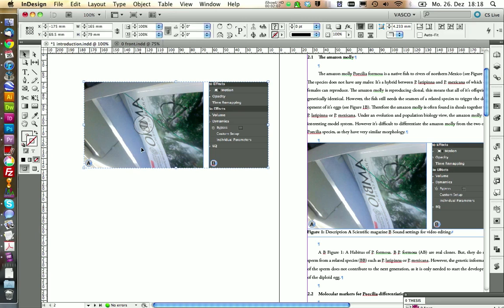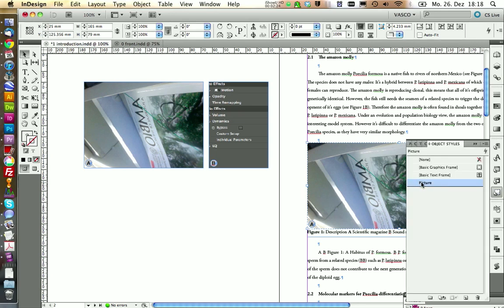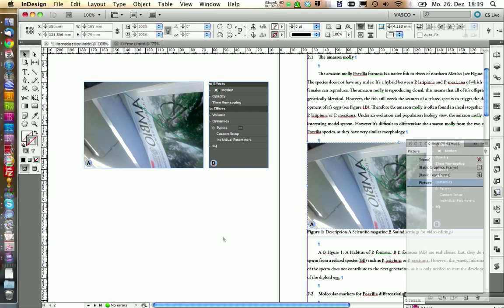Also, you can ungroup this one. And now you could do changes in here, just keep it hanging around on your pasteboard. And if you want to make changes and you have done changes, you can just group this one again, delete this, and then paste the new one in. Also remember to always apply the picture style again to your picture itself to get the right spacing.